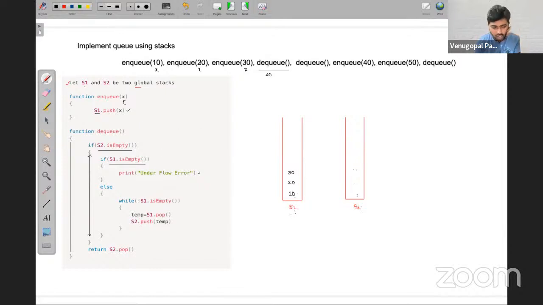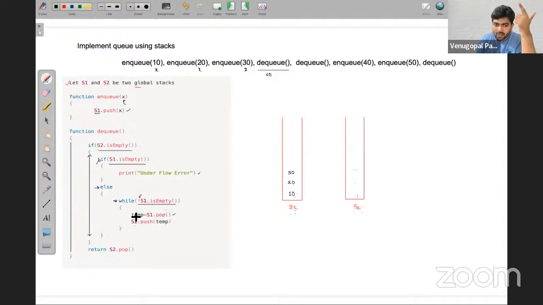But here S1 is not empty. Then what are they doing? This if condition will be false because S1 is not empty, friends. So delete elements one by one from S1 and add them to S2. Now see this while loop carefully. As long as S1 is not empty, I have kept a negation symbol here, remove an element from S1 and store it in temp, and that element in temp I add to S2.